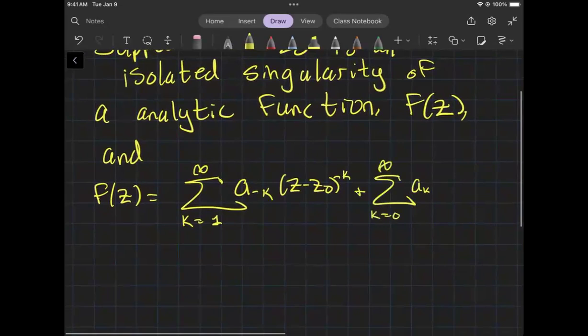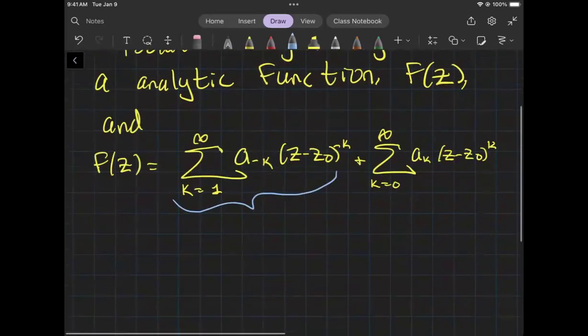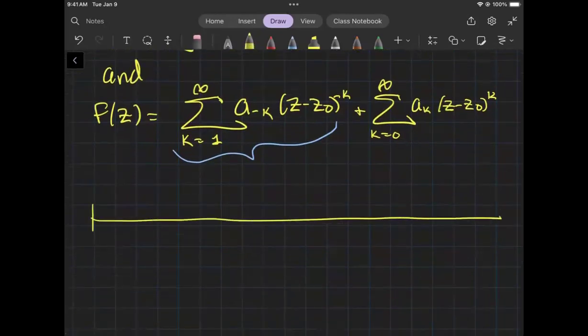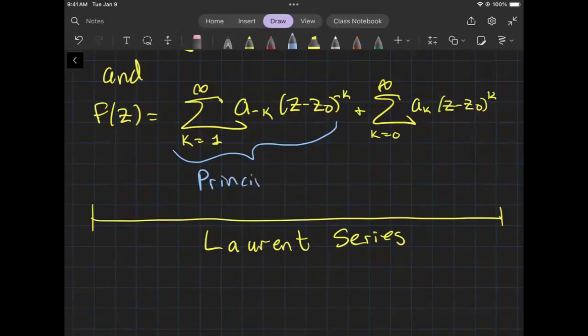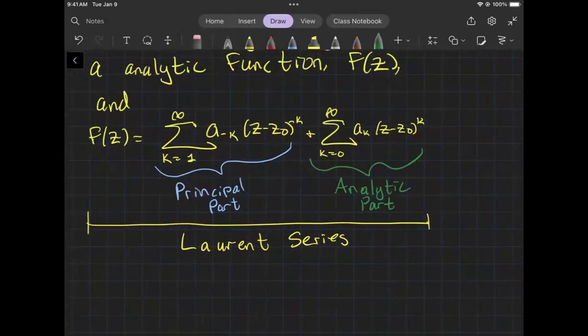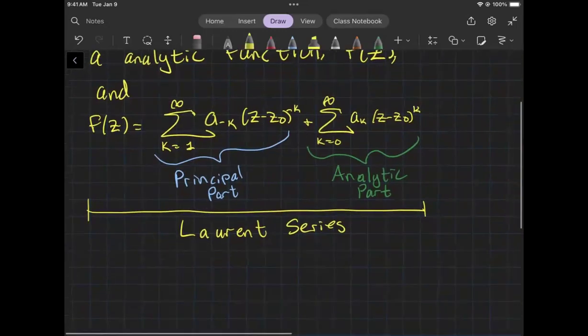positive terms to the k power. So this whole thing is what's called a Laurent series, right? The terms with the negative coefficients here, that will indicate what's called the principal part, right? The principal part. And the terms that have the positive coefficients, this is what's called the analytic part of a Laurent series, okay? And so this series